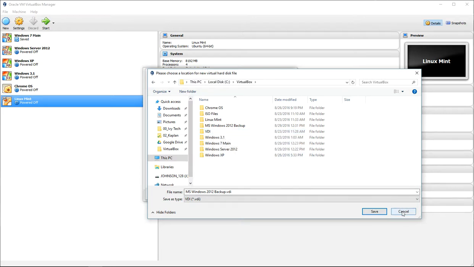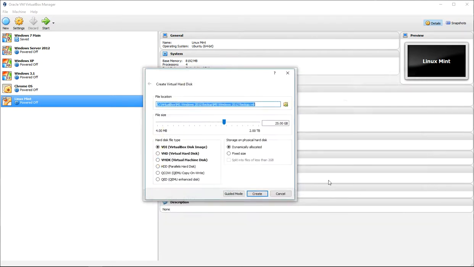But if you just want to put it into the folder, and that's the Windows 12 backup folder, that's where it's going to go, and that's the default anyway. And on your file size, you have to set this. Once you set this, it's not impossible, but it's next to impossible to change that size, because there are tools where you can go in and resize the hard drive, and it's a pain to do that on a virtual drive. So just go ahead and give it the amount of hard drive space that you need up front.